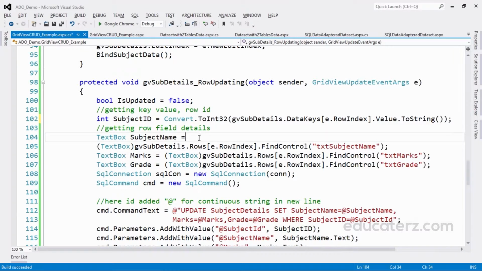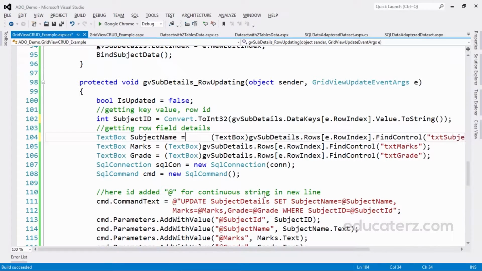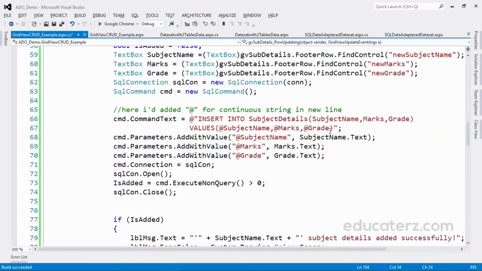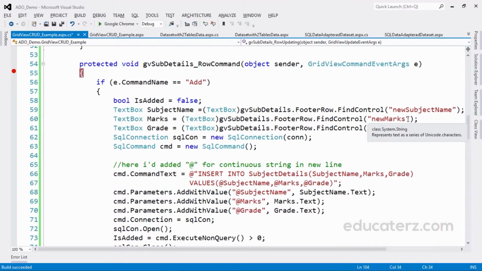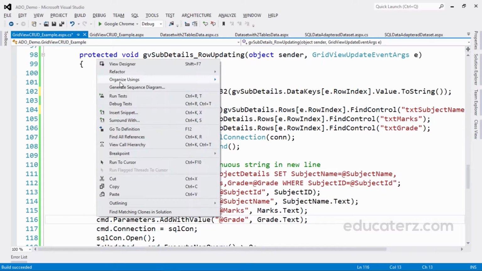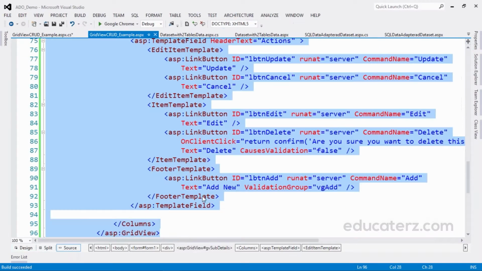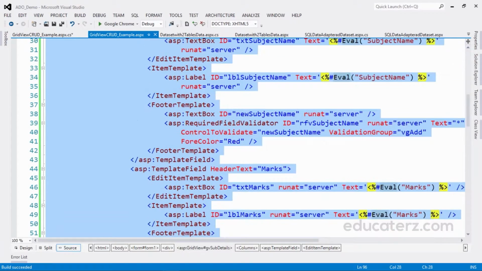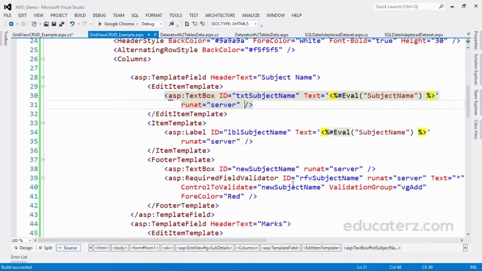Then we'll be finding the text boxes. Here you can see, when we are adding, we are taking new subject name, new marks, new grade. But while updating, what I am taking is txt subject name, txt marks and txt grade. Why is it so? Just go to this place and take one thing, subject name. Txt subject name is there.